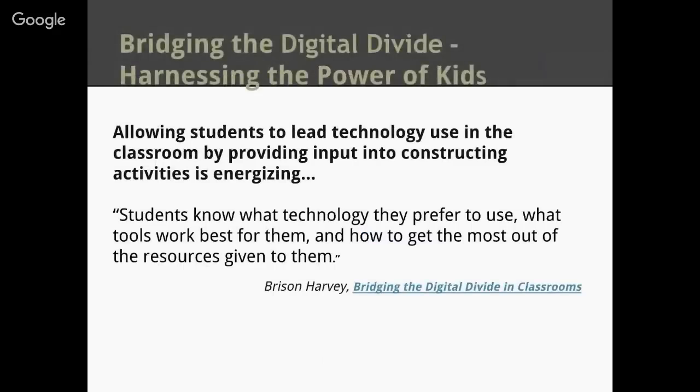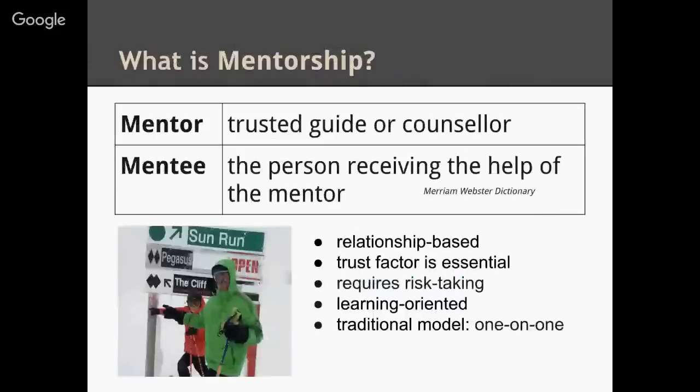So one of the things that I've looked at in several of the schools I've been at, and when I was consulting as well, is how do we get our kids involved with leading some of the technology. Something I just want to touch upon briefly before I show some of the tools that I have here. One of the big things is looking at mentorship, right? And when you're looking at mentorship,